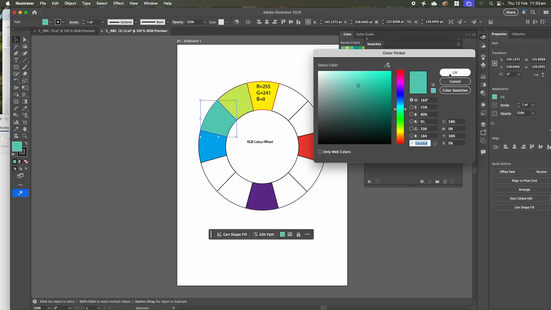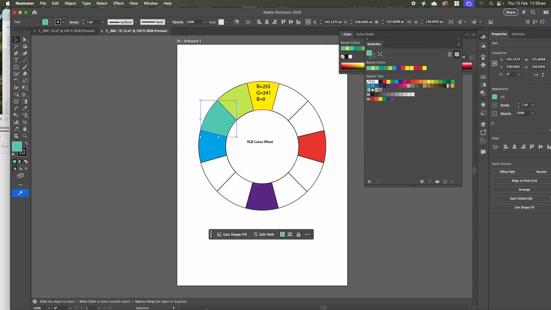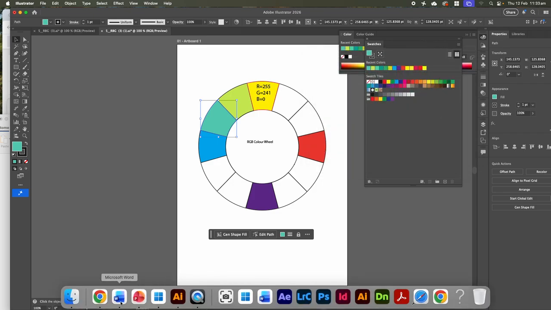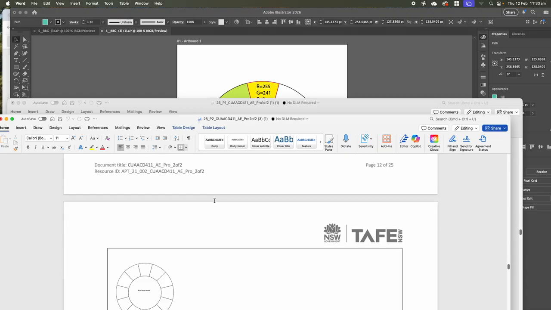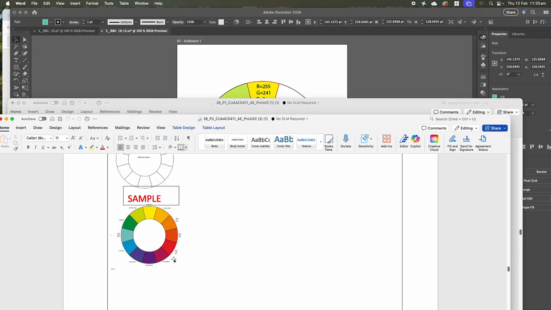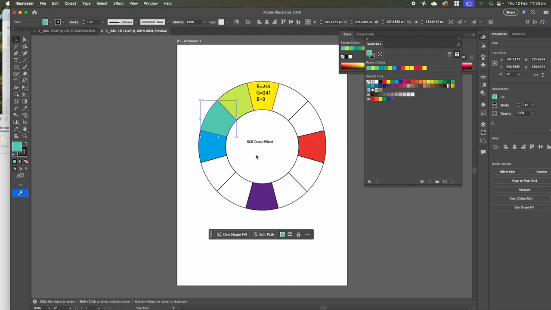So see how you go with that exercise. The idea is to get something that looks like you've gone around the whole RGB. You can see that's not right. That one's not right. That's not a good example in there. But when you get down to here, so the opposite colour is your